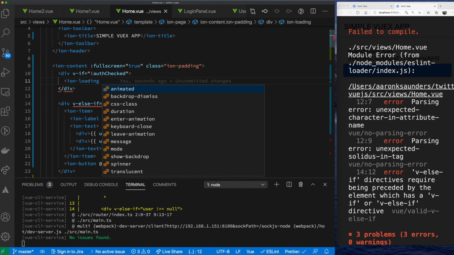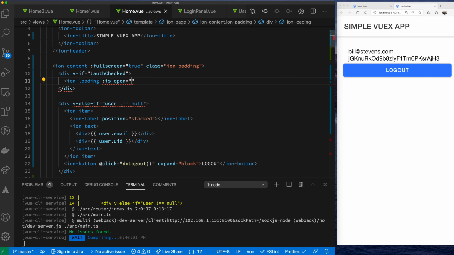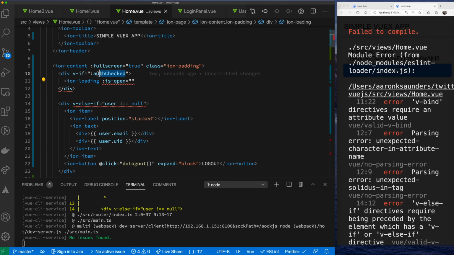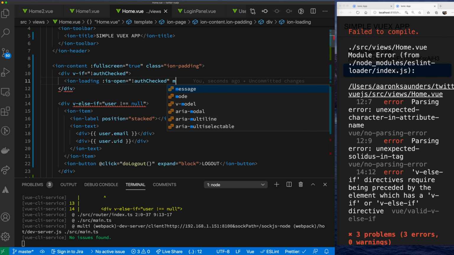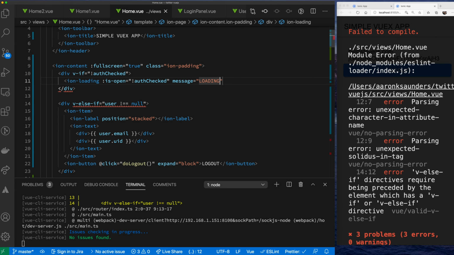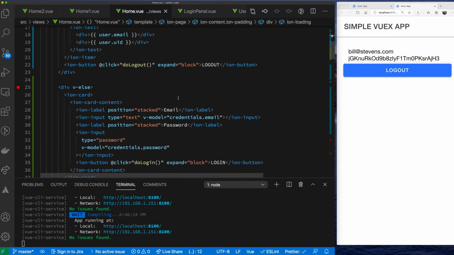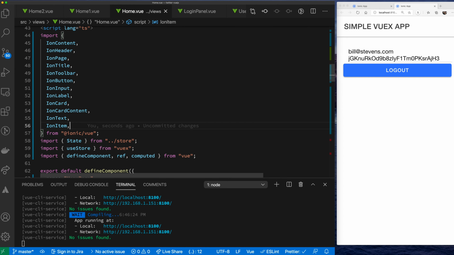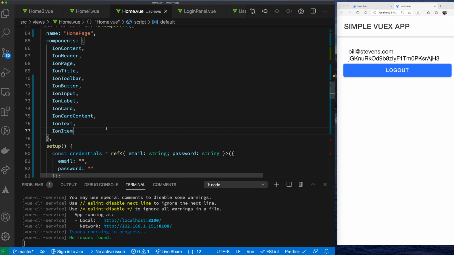IonLoading, and then the next thing we need to say is open, and then set is open. So basically, if this is the condition, then this is the condition. Let's take this code here and set is open, and then message, and the message that we want to set here is message equals loading. Makes sense. And then let's close this guy out and end it. So that's one nice little touch. Let's make sure we go down here and add the component, IonLoading,